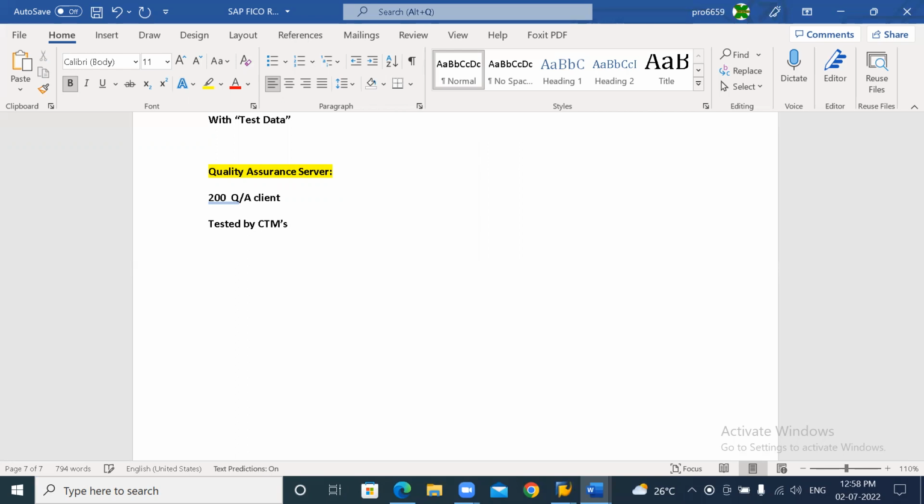CTMs, core team members, as I said, because they don't have access to development server. They will have access to only quality server. So if there are any changes, again they will do it in the development server. That will move to development server data, and then we can change over there. CTMs with